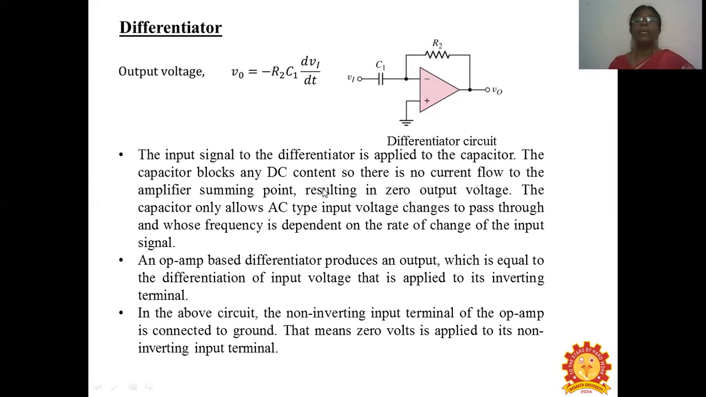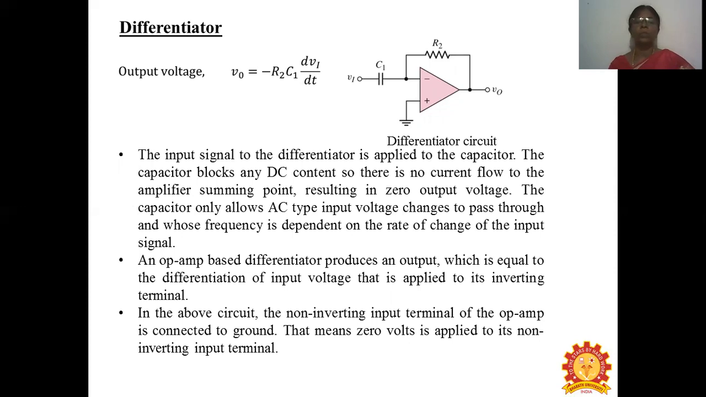So the capacitor always blocks the DC voltage. Therefore there is no current flow to the amplifier summing point, that is, this dot point is the summing point, resulting in zero output voltage. The capacitor only allows the AC input voltage changes to pass through it, and whose frequency depends upon the rate of change of input signal whatever we applied from